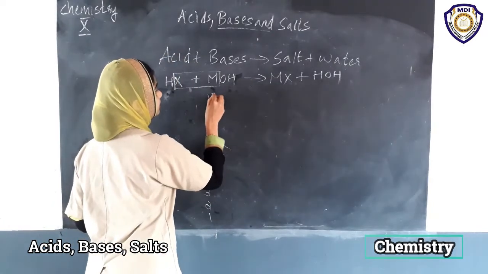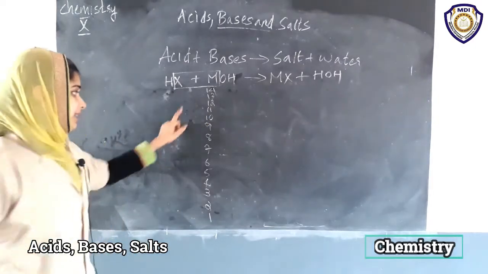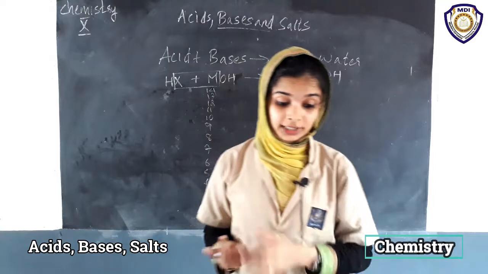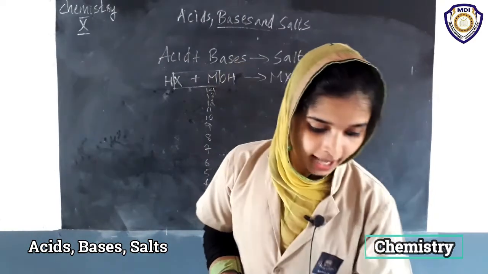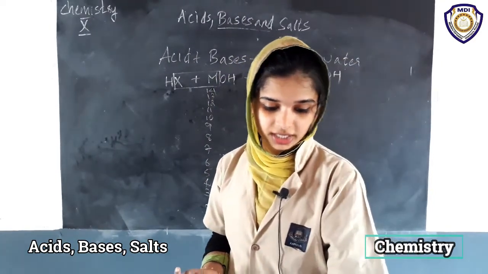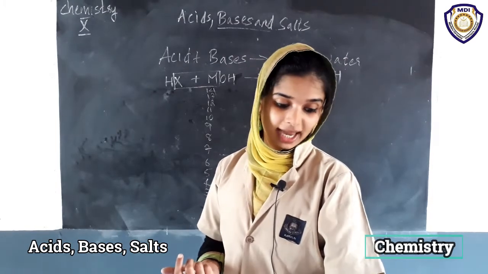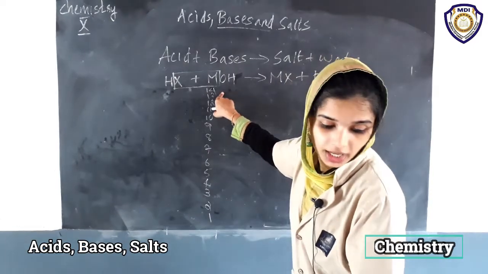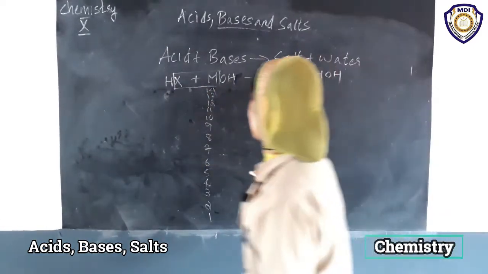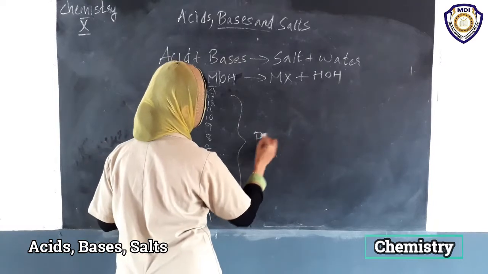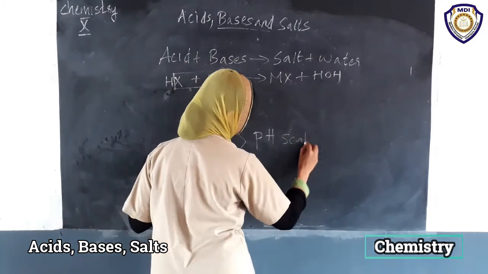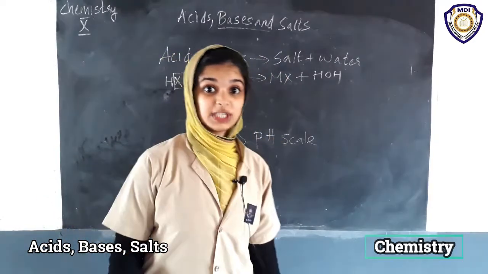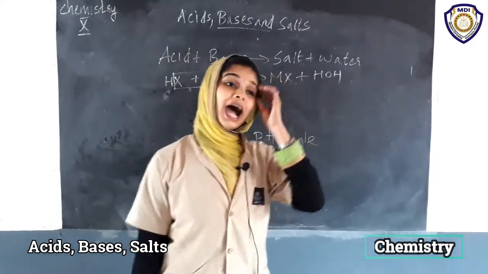There is a scale made to measure the strength of acids and bases. A scale for measuring hydrogen ion concentration in a solution has been developed, called the pH scale, from 1 to 14. And the P in the pH scale indicates the potence, which means power, of hydrogen.